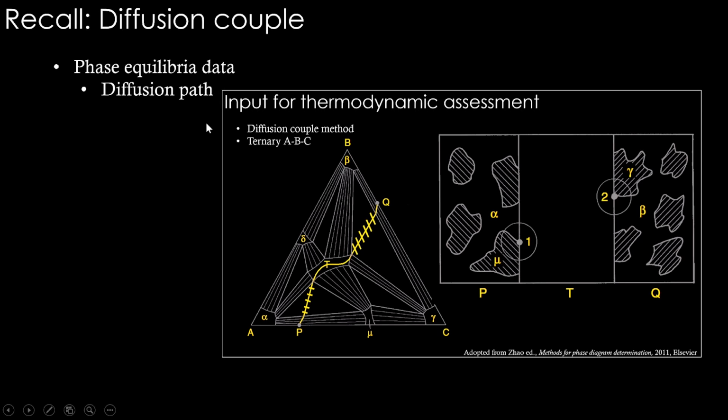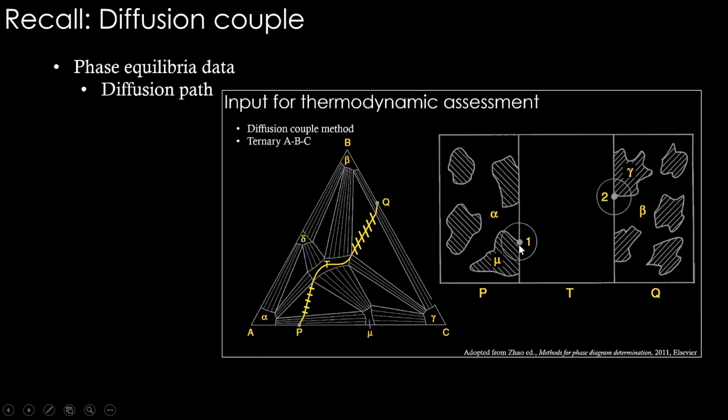Okay. For the diffusion couple, I request you to recall this particular slide that we have seen in one of the previous classes. We have seen that from a diffusion couple we can generate input for thermodynamic assessment. I showed this kind of ABC system where we take two end members P and Q, end members of a diffusion couple. So the P is here, Q is here after some time, and this T phase, which is shown in the ternary diagram, appears in the middle here, and we can see two phase regions along the interfaces and a three phase region where these three different phases meet.